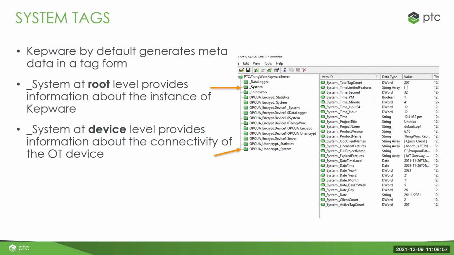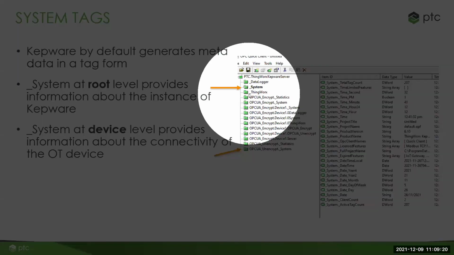Then when you want to talk about underscore system tags, this is the stuff that we have. If you try to browse an OPC DA or just browse the server itself using a UA client or even the OPC DA interface, you should be able to see a bunch of underscore tags. So underscore tags are internal tags created by Kepware, right? If you look at this particular screen here, we have the root underscore system folder,